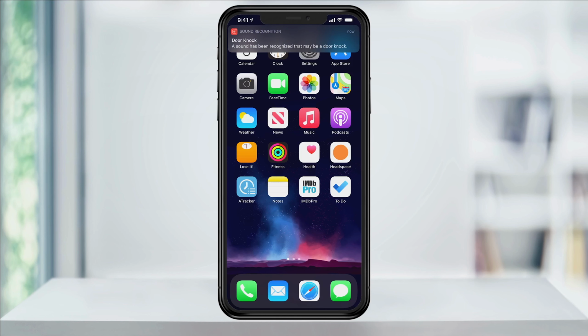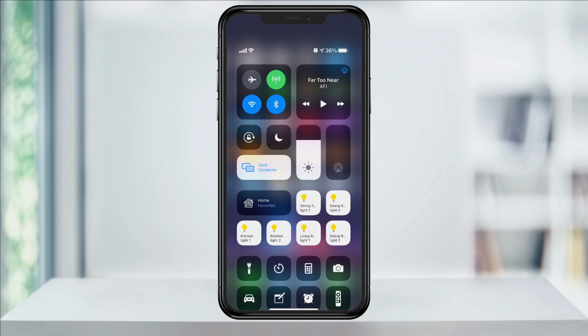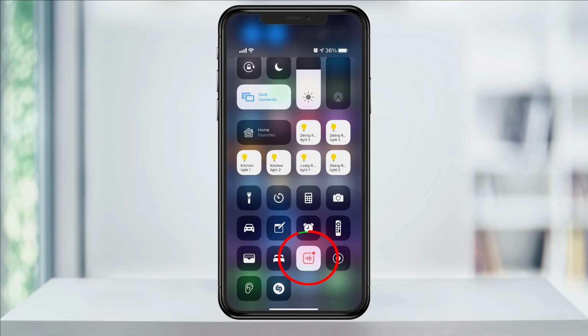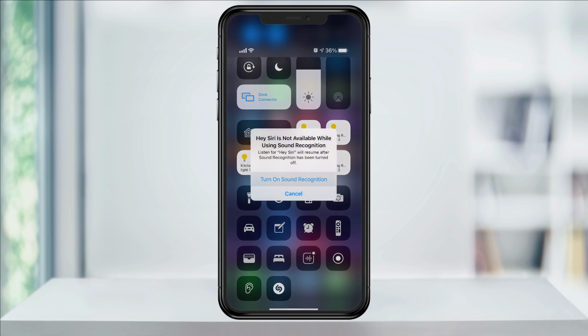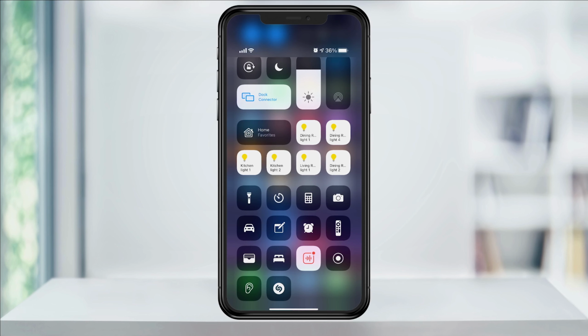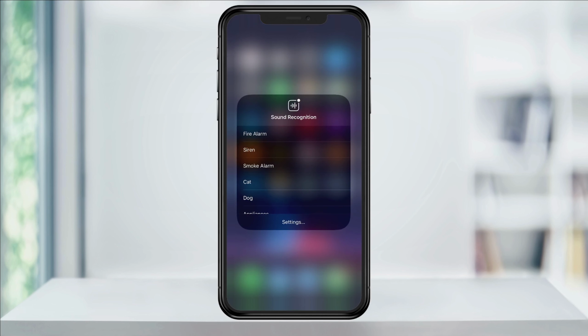And now that sound recognition is enabled, I can quickly turn it on or off by swiping down from the top right corner to access Control Center, find the sound recognition icon, and tap it to turn it on or off. You can also long press on it to enable the quick settings menu where you can enable more sounds. And that's how you turn on and use sound recognition on your